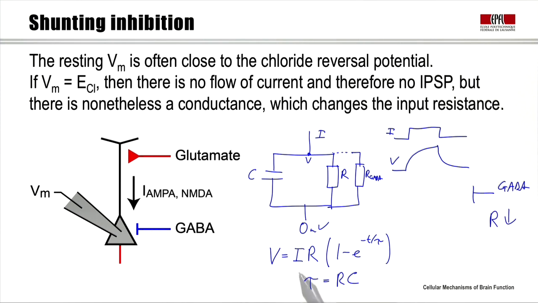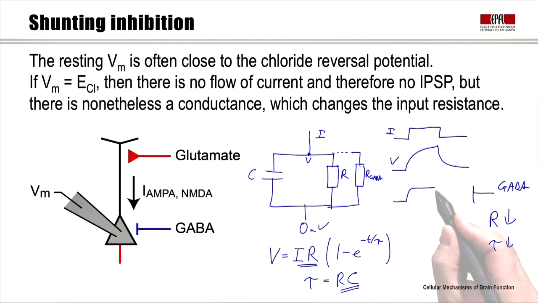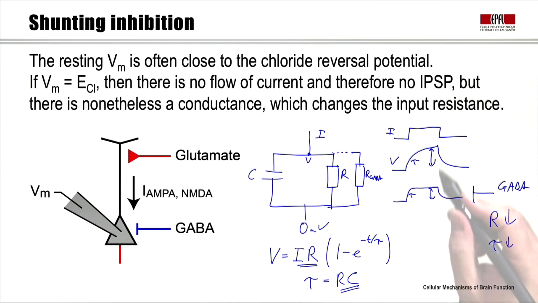That has two impacts if we look at this equation here. The first is that the steady state voltage is going to become less, because that depends upon the input resistance of the cell. And the other impact is that the membrane time constant is going to change. It's going to decrease. So we've got a decrease in the membrane time constant. And if we now look at how the membrane potential will change, it's faster. So the overall time constant here is faster than it was,